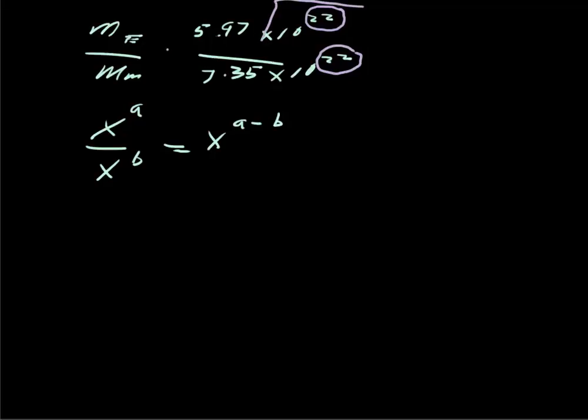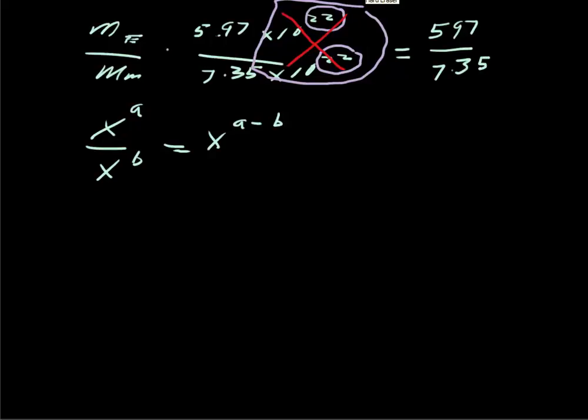So this quantity here basically cancels each other out. The 10 to the 22nds cancel each other out, and let's go ahead and just cross that out. So that we end up with the much simpler notation of 597 divided by 7.35. And I hope you saw my error there. Let's go back and get rid of that. Let's rewrite that as